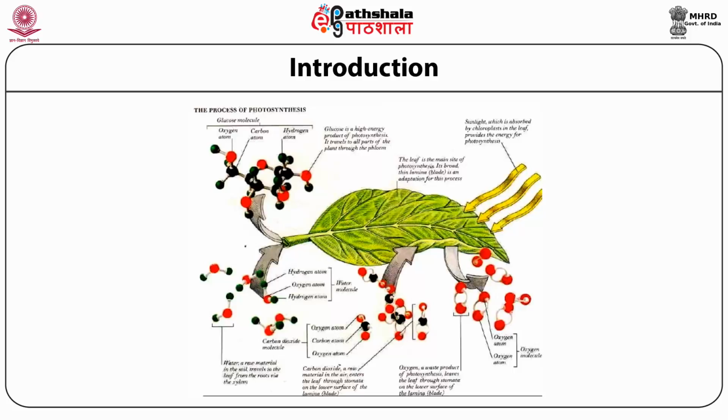These organisms can manufacture their food essentially by using atmospheric carbon dioxide and water. However, a large majority of organisms are heterotrophs, animals included in them, in which case the food has to be supplied from outside as they cannot manufacture the primary food themselves. In this slide, you will notice that the leaf structure is given, and this leaf has cells in which there